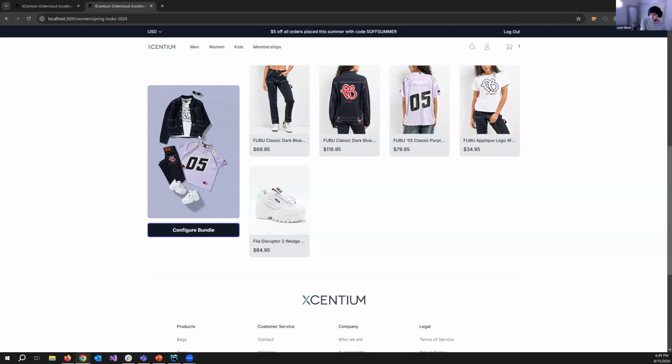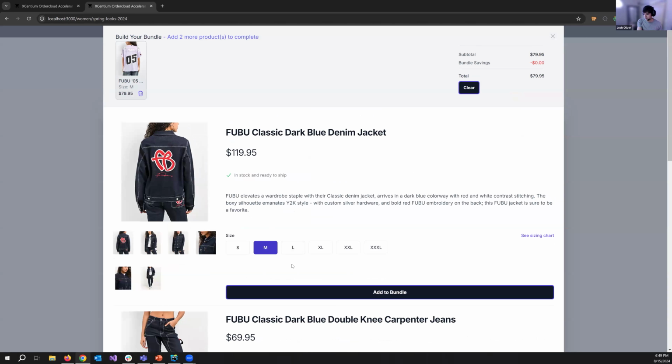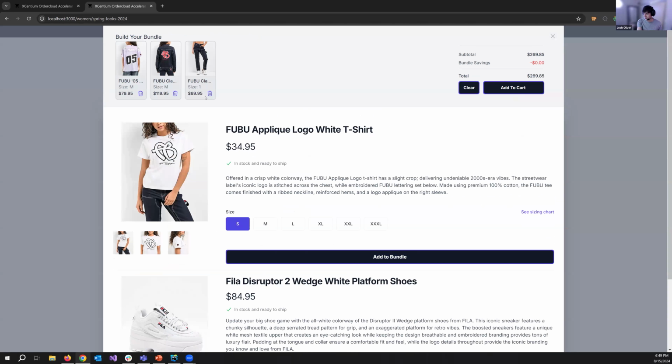So for this bundle, this is like the main product, right? It's this picture with these items, and then all of these individual products are associated with it. You can associate as many products as you want. When I go into it, there is a requirement here to have 3 products in the bundle before you can continue. And then once I have added 3 products to my bundle,